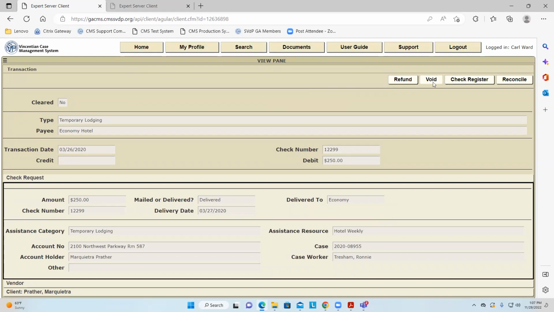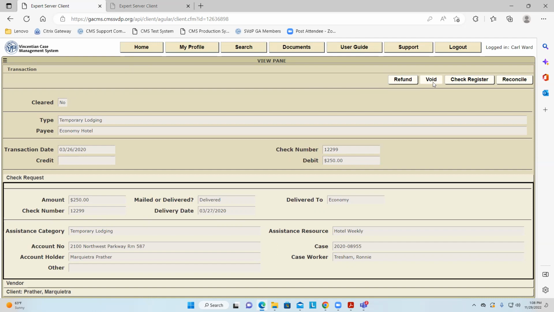So what are some situations that create voids? A returned check from a vendor. The check just came back from the vendor. Let's say that was the leasing office, and they sent it back to you because the client was not able to raise their share of the rent and got evicted. God bless you if you get a check back from a leasing office.